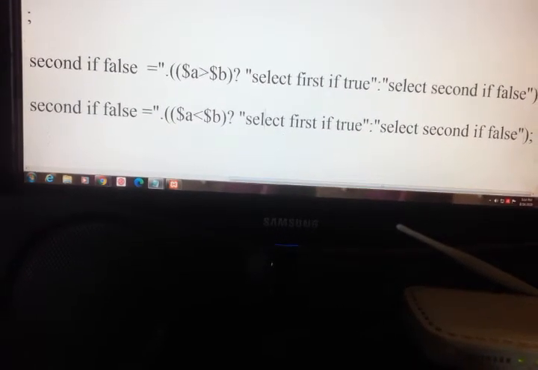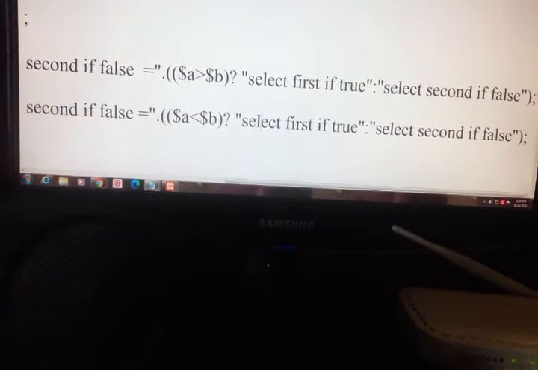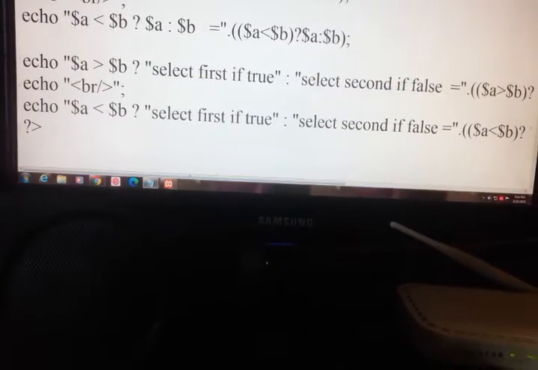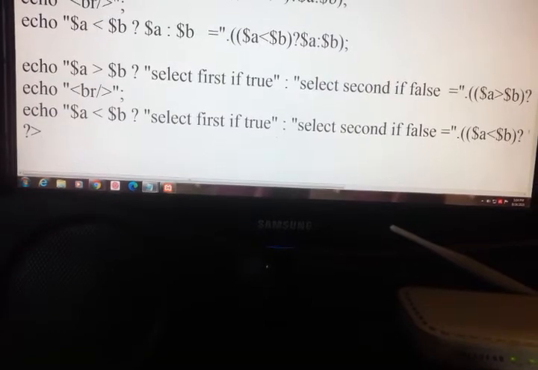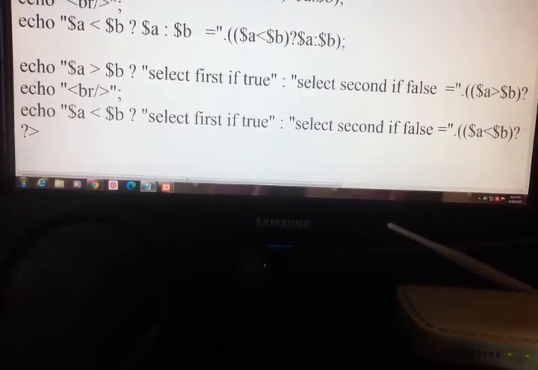What is line number 9? 1, 2, 3, 4, 5, 6, 7, 8, 9.